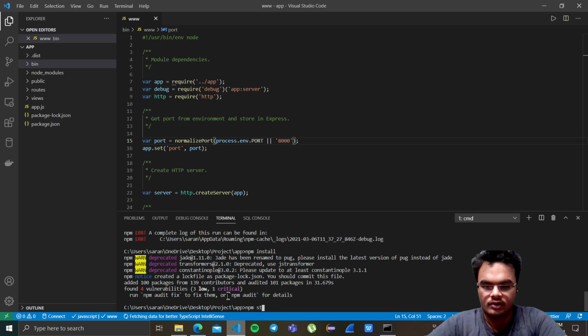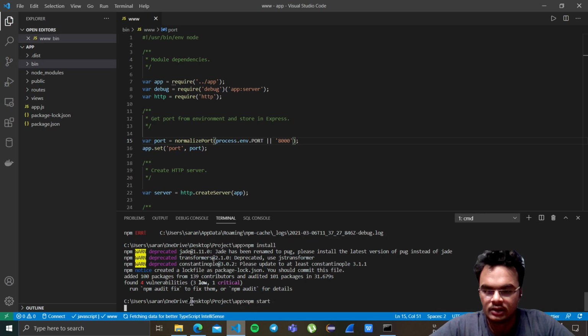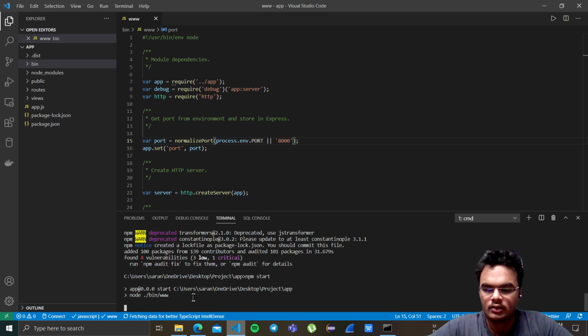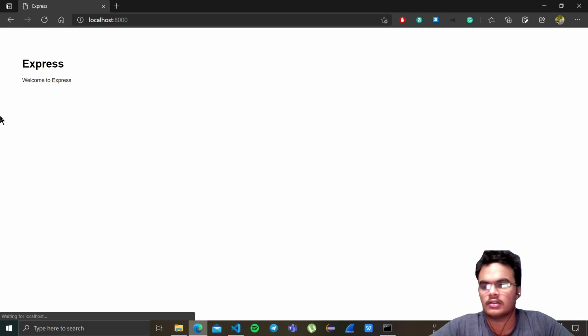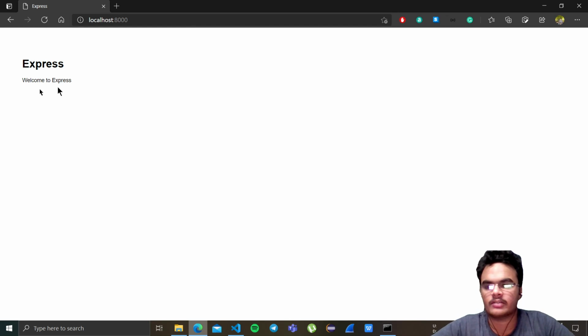So we can start it using npm start. Now it's running. Once it preloads, we can get something. Yeah, here we got this Express page. That means our app is in working condition, even though nothing on this page is useful for us, we can know that the app is running.